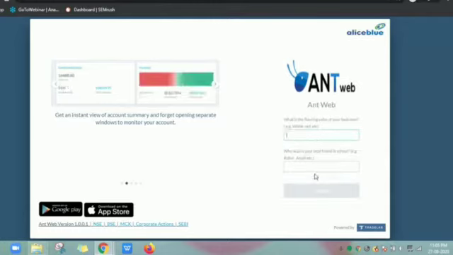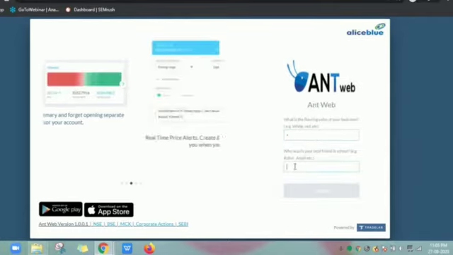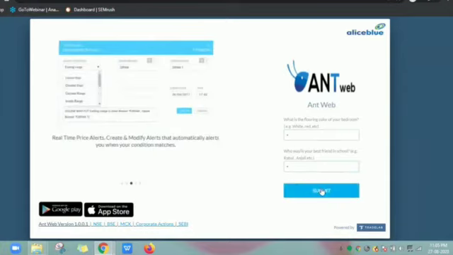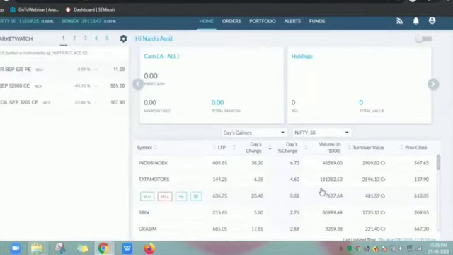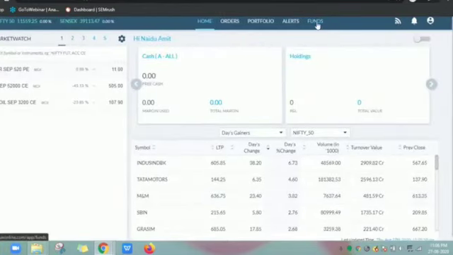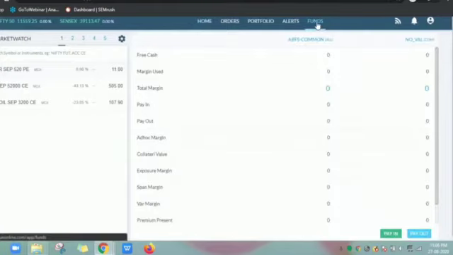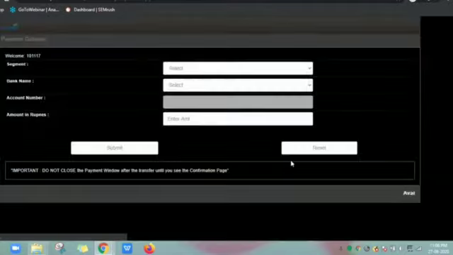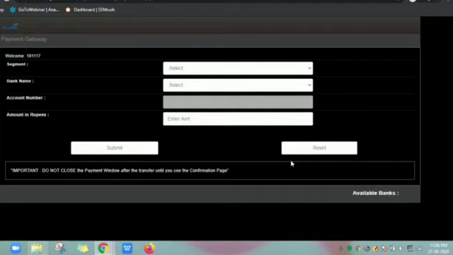Click on the secure sign in. Give 2FA question answers and click on the submit. Once you logged in, click on the funds. Then pay in. You will be redirected to the payment gateway page.